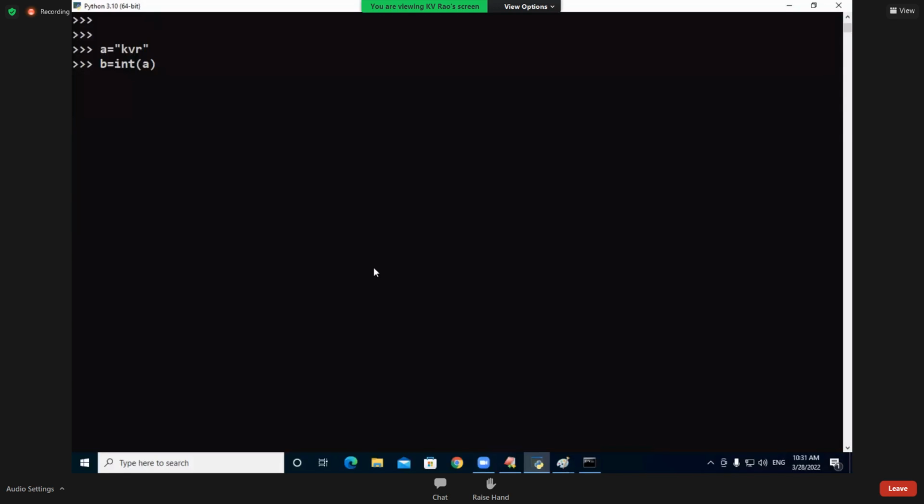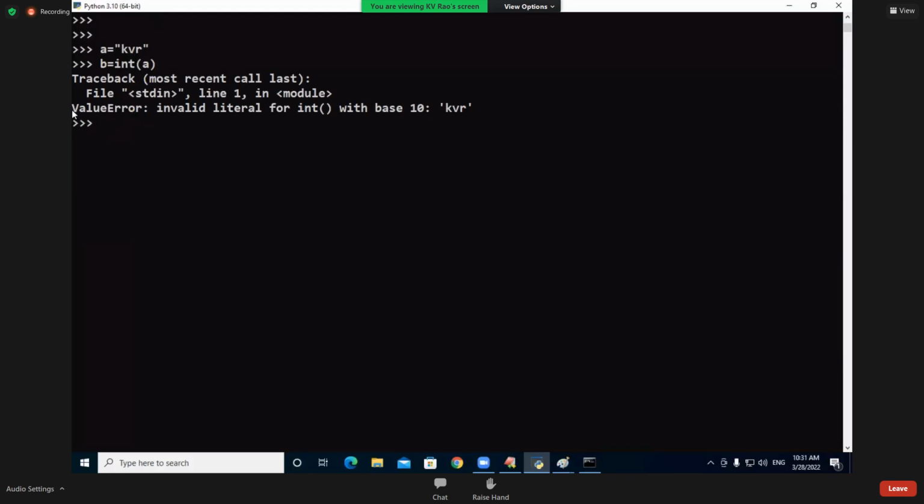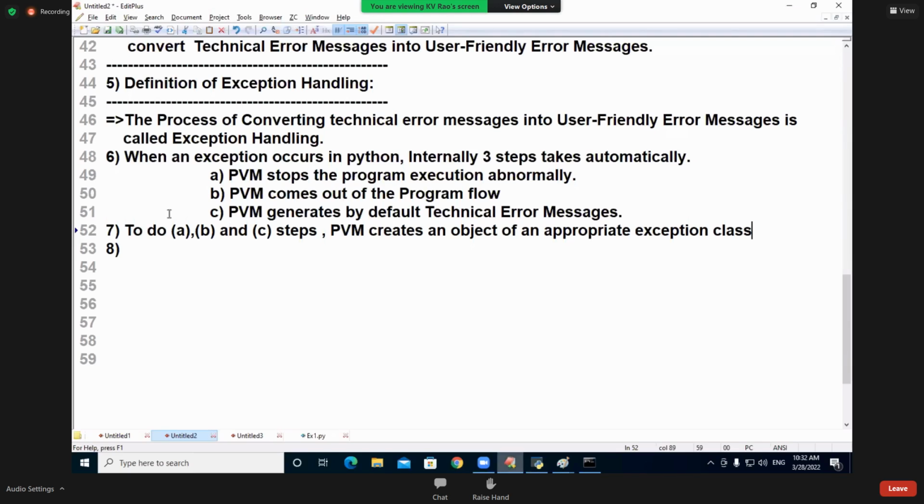One exception means what will create? Object. Object needs what? Exception class. The name of the exception class is what? See that, ValueError. What is ValueError? It is an exception class. I am trying to convert an invalid number format into valid number format. Understand? Like TypeError, IndexError, you take it, ModuleNotFoundError. These are all called what? Exception classes. I will write that hierarchy in the next class. I hope that you are understanding.